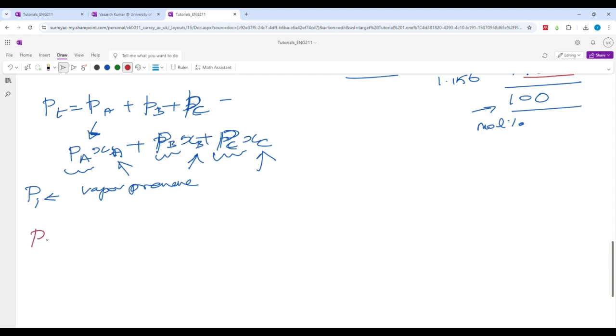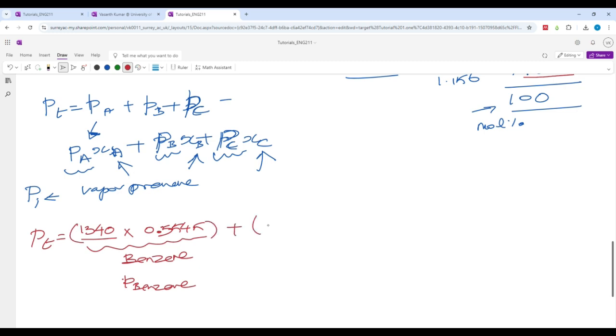So PT should be equal to, vapor pressure is 1340. Sorry, this is for benzene. Partial vapor pressure of benzene multiplied by mole fraction, which is 0.5545. So 55.45 is the mole percentage, and I convert it into mole fraction. So this is for benzene, or this is the partial pressure of benzene,